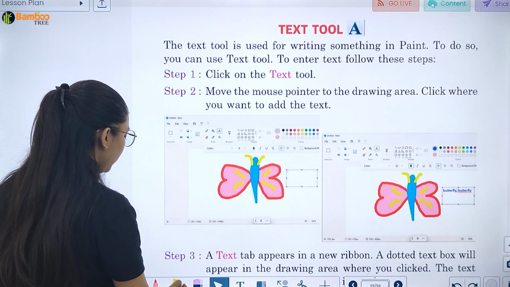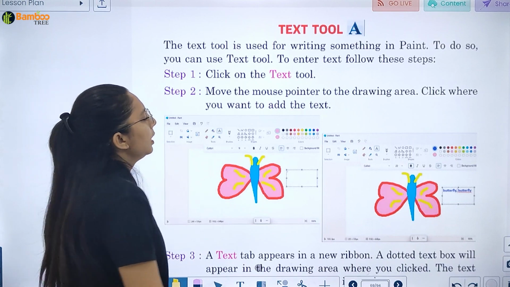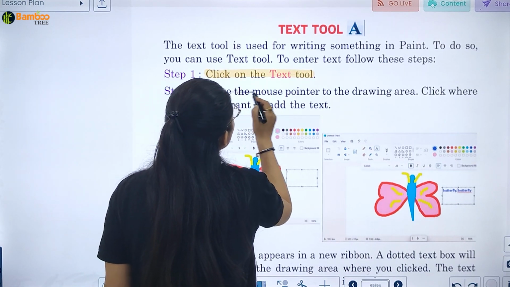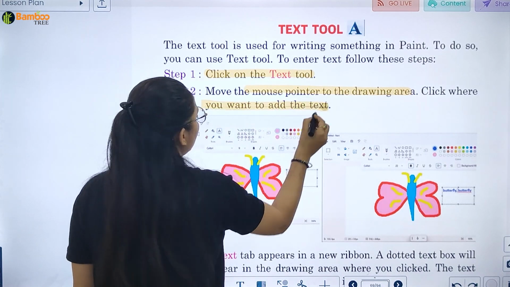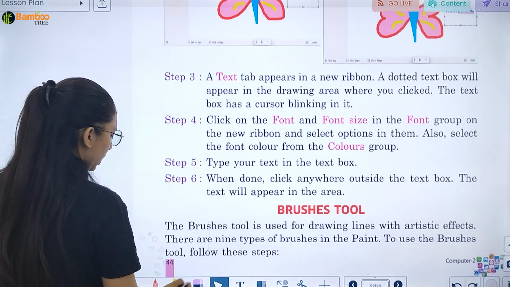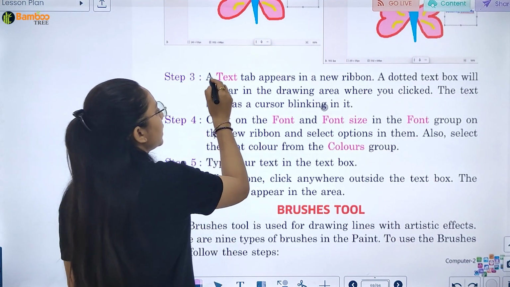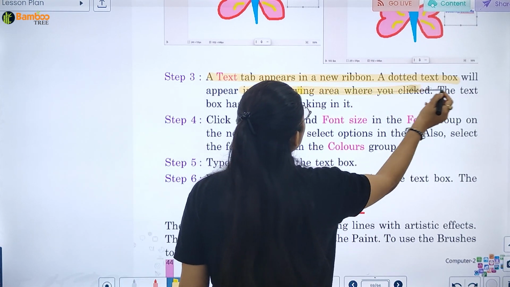Next is the text tool. When you want to write the text, for that you use a different tool. Click on the text tool, move the mouse pointer to the drawing area and click where you want to add the text. जहाँ भी आप text को add करना चाहते हैं आप उस पर click करोगे, right? The text tab appears in a new ribbon. A dotted text box will appear in the drawing area where you click.